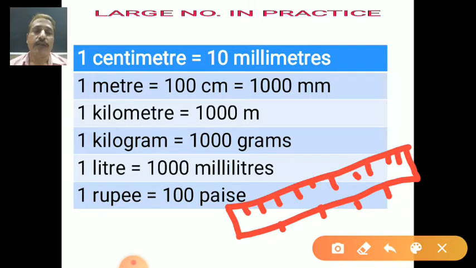Okay, students, look here. This is very useful to draw a line. On one side, the numbers are written up to 15, and on the other side, up to 6. Why is it written this way? Because 0 to 15 is showing the centimeter, and on the other side it is shown in inches.